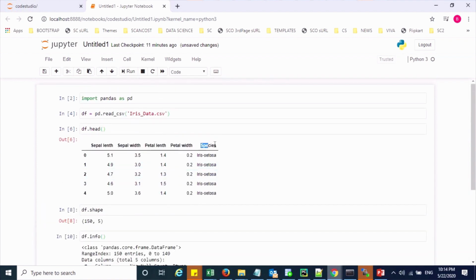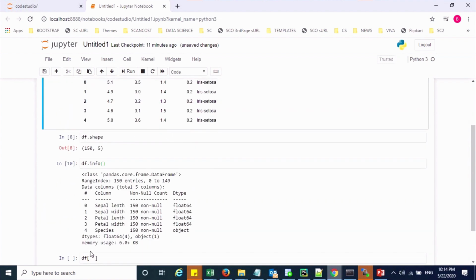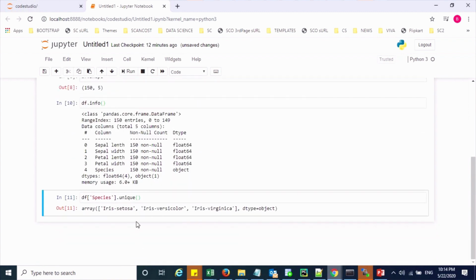It's a species, right? So basically it has three unique values. Okay, so we can apply the label encoding technique to convert these categorical values. For that, we can have different approaches, like using the replace function, which can also convert these categorical values into numbers, or else we can also